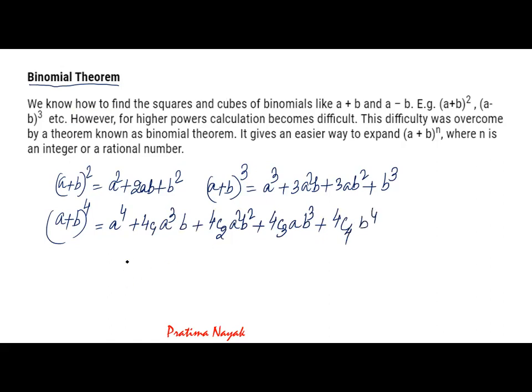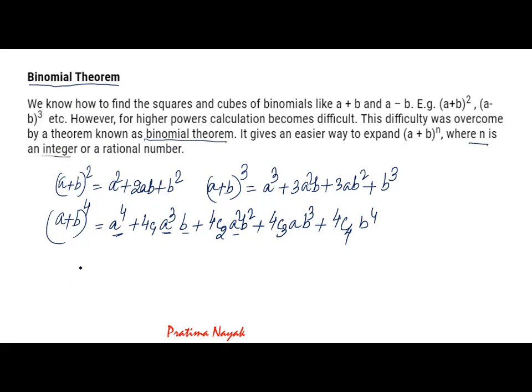That means we start from 4C0, 4C1. Gradually the exponent of a decreases and b increases. So this is known as your binomial theorem. By binomial theorem, you can expand up to any index,